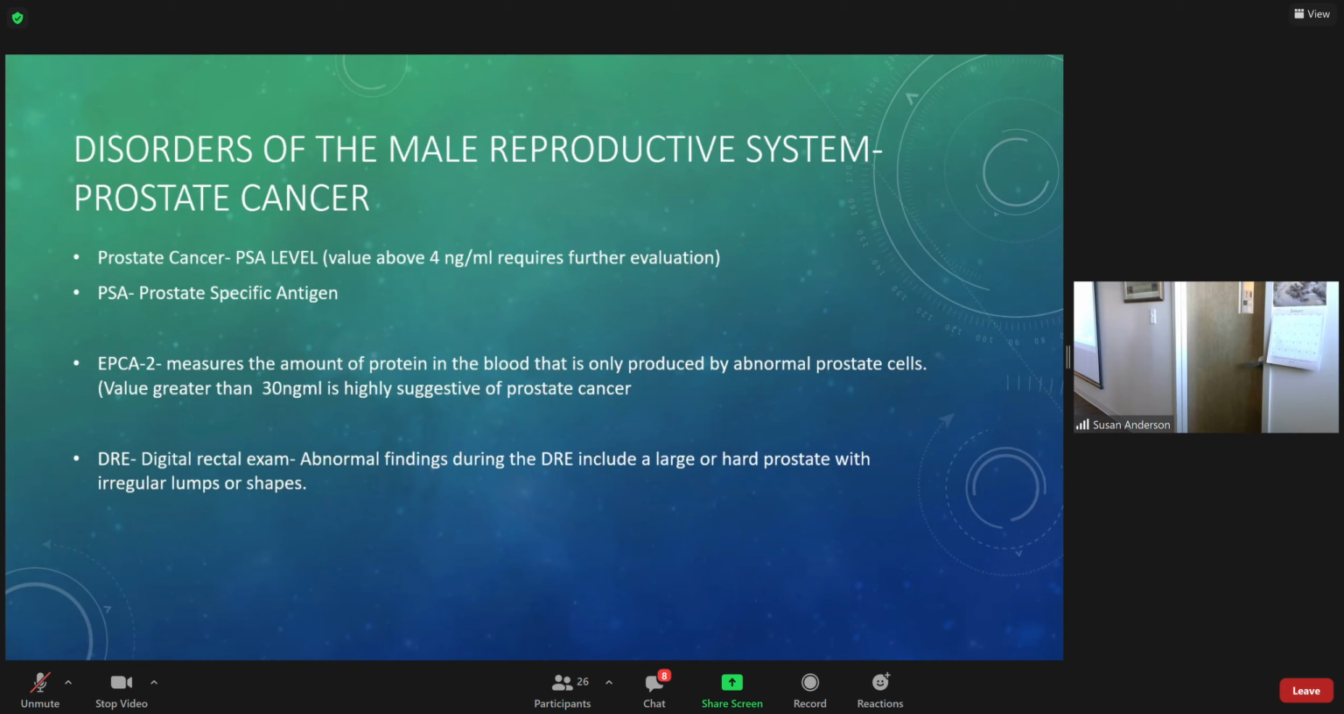We better do a biopsy of your prostate to figure out, is it just benign or is it cancerous? Everybody understand how we figure out? And what if it's